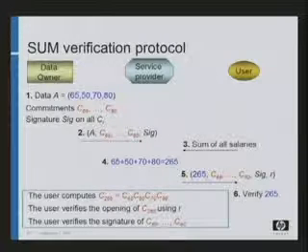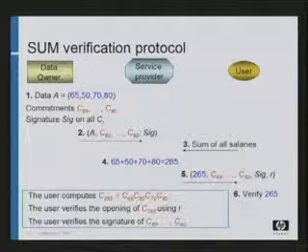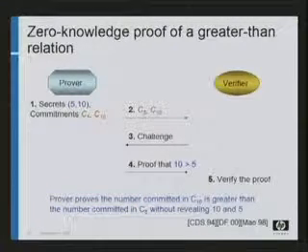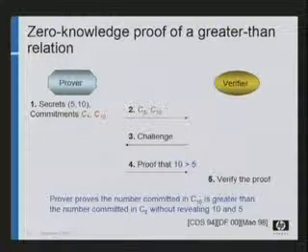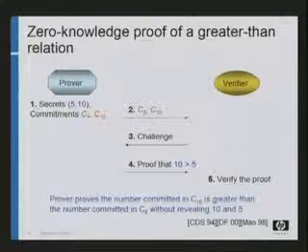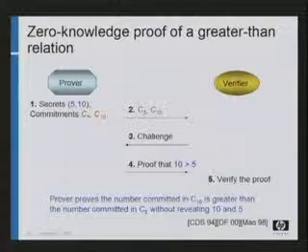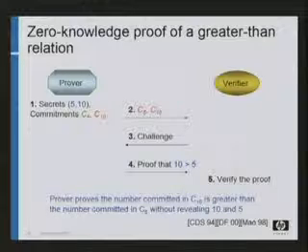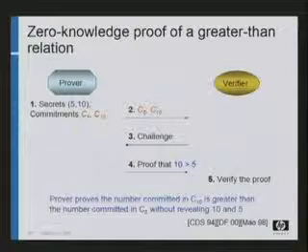All right. So this is sum verification. Now, for the max verification, we'll have to use an additional building block, which is called the zero-knowledge proof of a greater-than relation. The purpose is to prove that one number is greater than the other without actually revealing either of them. So for example, you have a prover that has two numbers, 5 and 10. The verifier